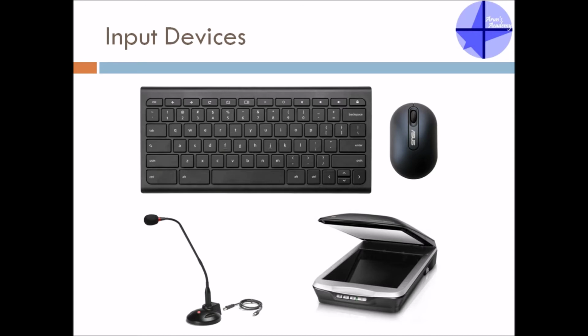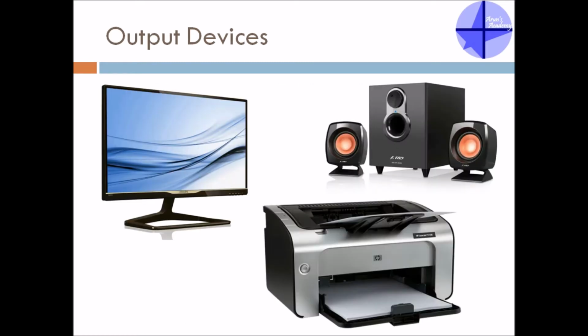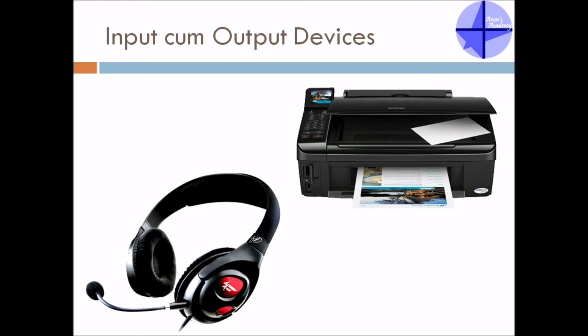The first thing is input devices. So as explained during the introduction, the input to the CPU or the central processing unit of a computer system is given through certain devices or hardware devices called input devices. Next comes output devices. Once the input in the form of text, in the form of voice or image or any format is taken inside the CPU or the processor, it processes and gives certain output. So the devices which give output from the CPU or the computer system are called output devices. There are again certain devices which act as both input as well as output devices.